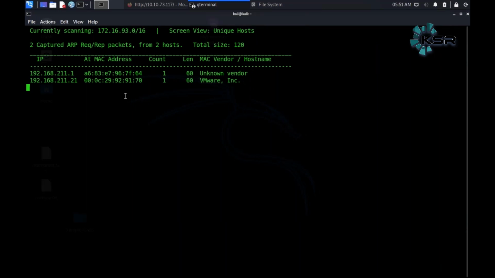This scan is trying to find out all the live hosts on my network. What showed up here is an IP, which is 192.168.211.221.